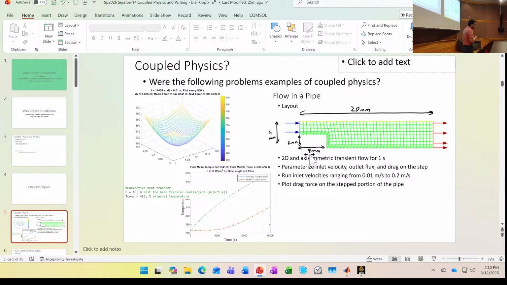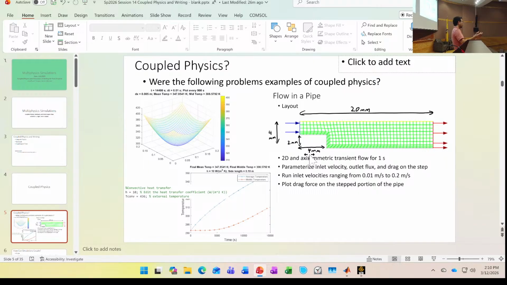Did we have coupled physics in these previous examples? Were there multiple domains of physics? When I say domain, domains often refers to the meshes or the nodes. But in this case, when I say multiple physics, I'm asking more or less, did we combine one subject from one of your courses with another subject from one of your courses in mechanical and aerospace engineering?